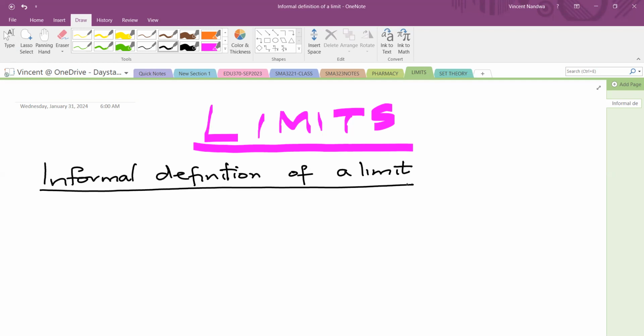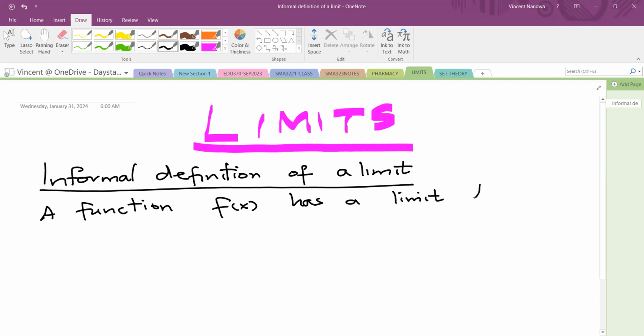A limit of a function f of x, or we can say a function f of x has a limit L as x approaches, or we can say tends to, value A